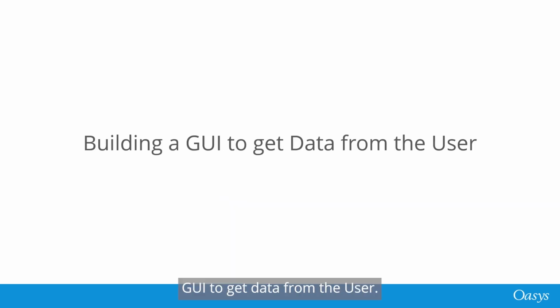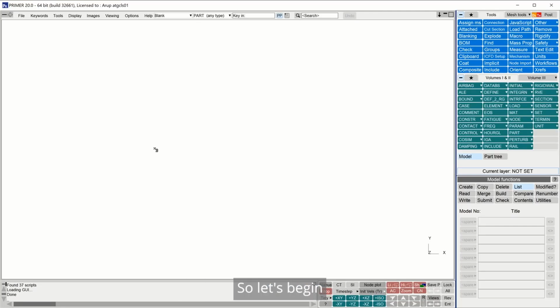Building a GUI to get data from the user. So let's begin building our parts of interest tool by creating our primer GUI. Remember, your workflow can do anything, so it won't necessarily look anything like mine when you build yours. However, one aspect that you should have in your primer GUI are the two buttons, Save to File and Save